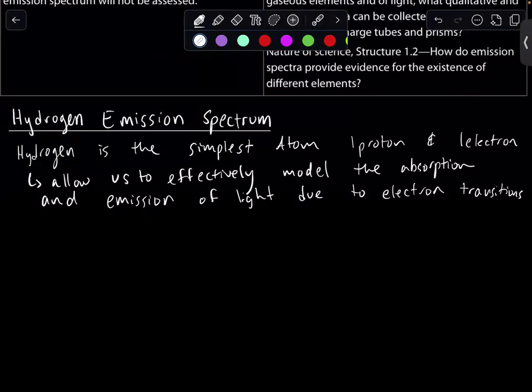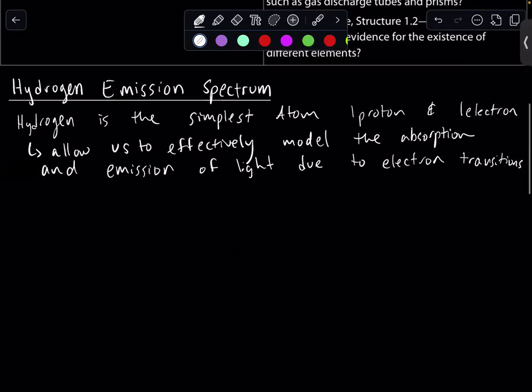So as our electron transitions between different energy levels, we can model how light is either absorbed or released. So we're going to actually use a diagram here where we'll diagram specifically the energy